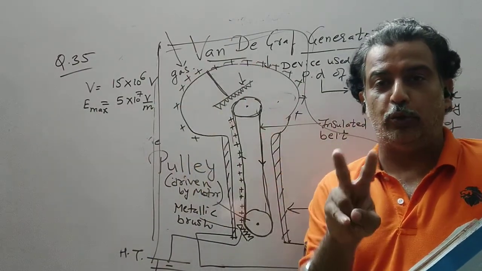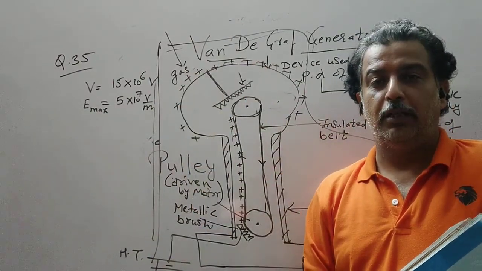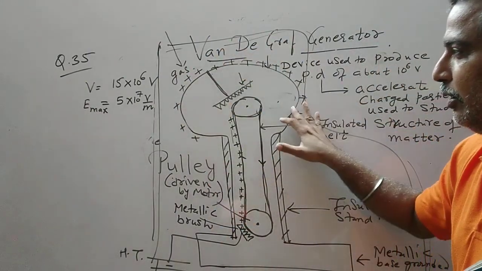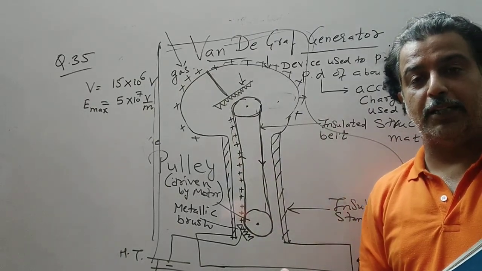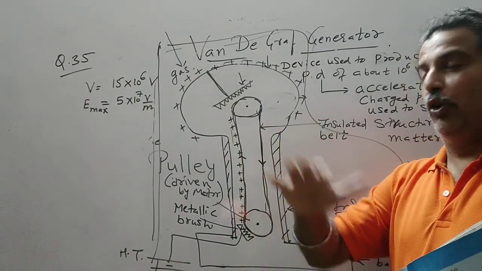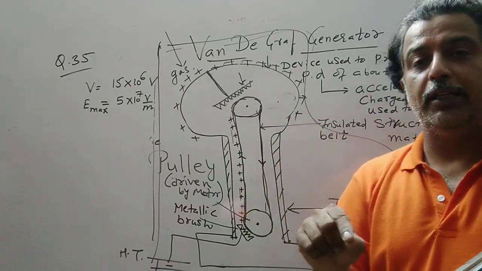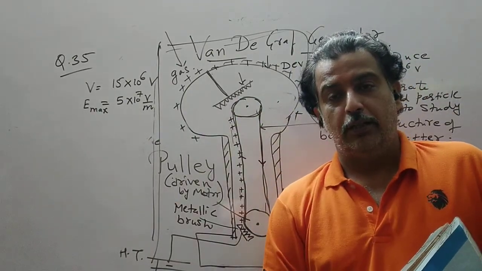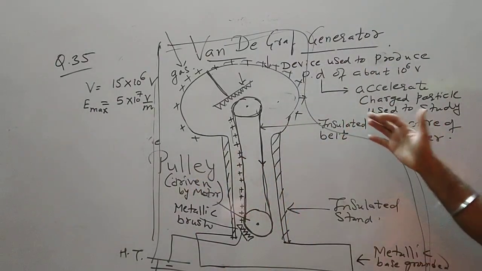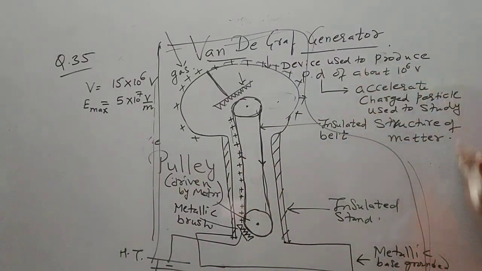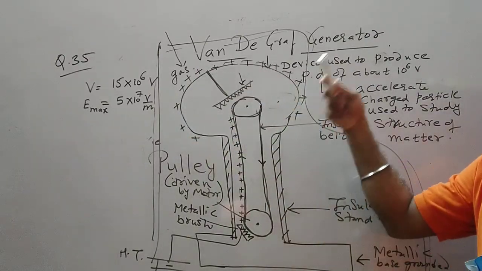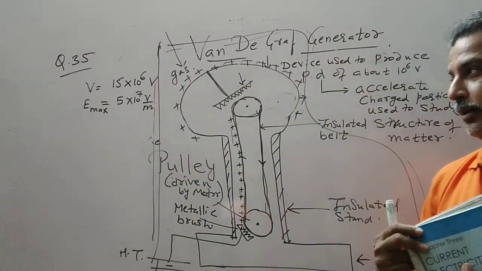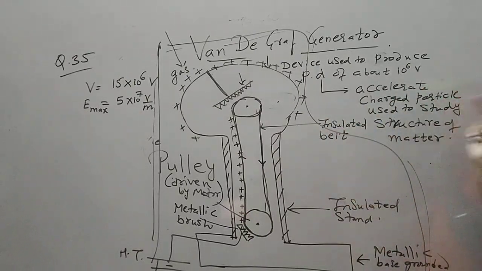In order to accelerate a charged particle, we need one end to be at high potential. Like a battery, we should have two terminals, positive and negative. So this is like a positive terminal whose voltage is 10 raised to 6 volt. When I need to accelerate the charged particle, it should enter between a high potential and a low potential. So the low potential terminal is connected to the earth, so that a potential difference is created. One sphere is at high potential and behaves like a positive terminal, so it will be used to accelerate the charged particle.